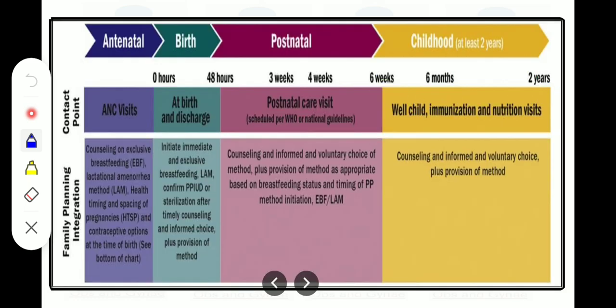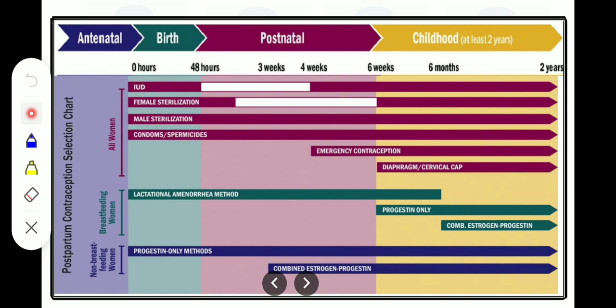Now the choices of contraception after birth are shown in these two charts. You can see that IUCD can be used up to 48 hours or after 4 weeks. Female sterilization up to almost 1 week or after 6 weeks. And male sterilization can be used throughout the time, and also the condom and spermicidal agent. And emergency contraception after 4 weeks, diaphragm after 6 weeks, lactational amenorrhea up to 6 months,